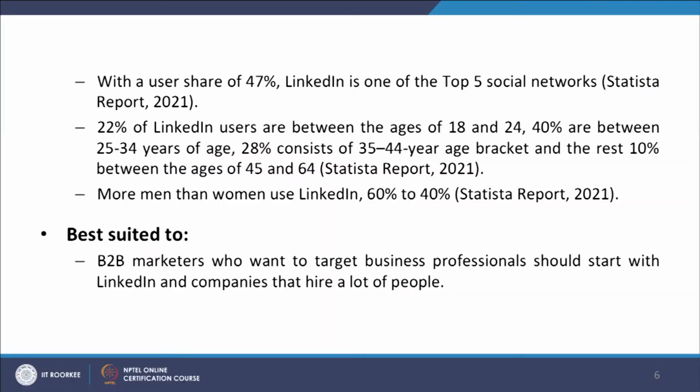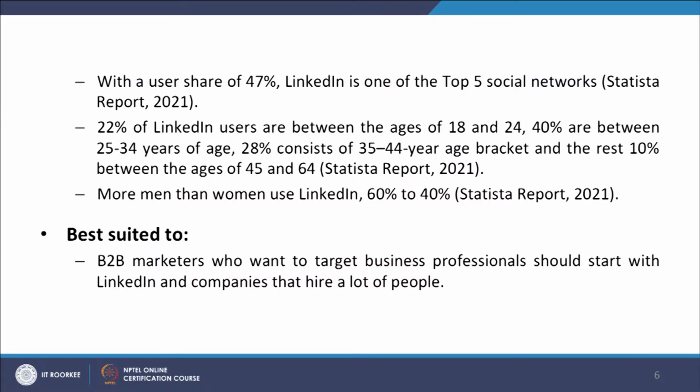So you see, and that is what the further Statista report says, that with a user share of 47%, LinkedIn is one of the top 5 social networks. So let us look at this with this kind of a perspective. Now 22% of LinkedIn users are between the age of 18 and 24. 40% are between 25 and 34 years of age, and this is actually the difference between LinkedIn and other elements,